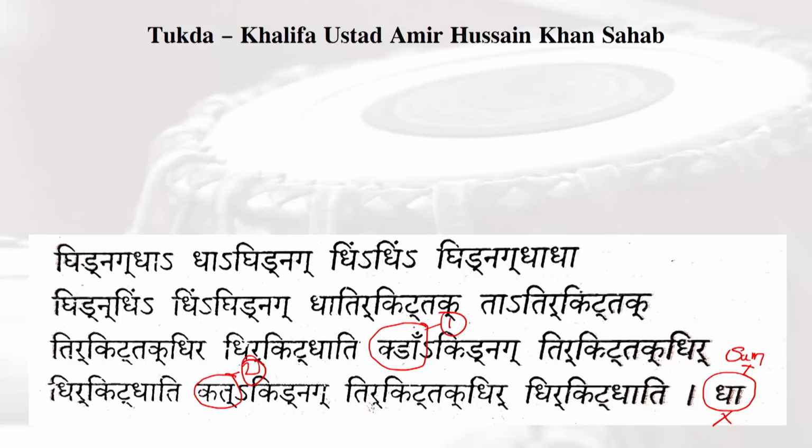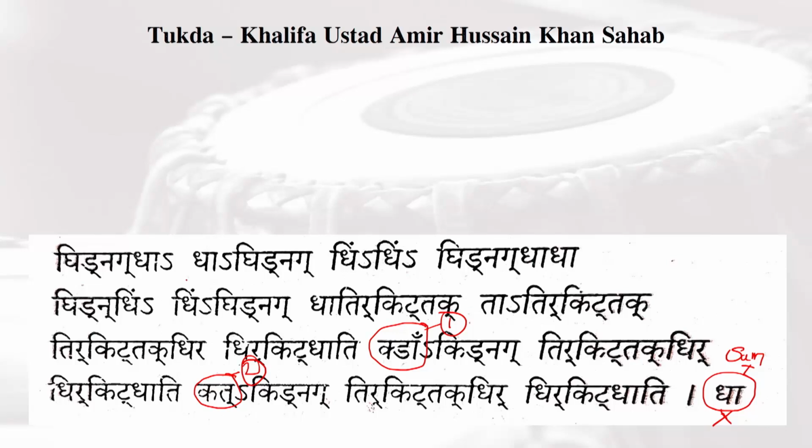So we have first pause with kran, and second pause with kat, and third pause is dha. Naturally it is dha. But can we imagine that pauses can be kran and kat? But see the beauty, see the aesthetics in this composition, that kran so beautifully arranged and kat. So it makes this composition very special and aesthetically beautiful, since Khan Sahab has applied kran, kat type syllables in this composition.